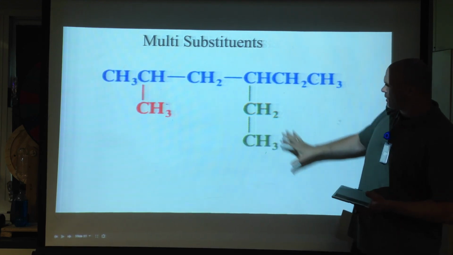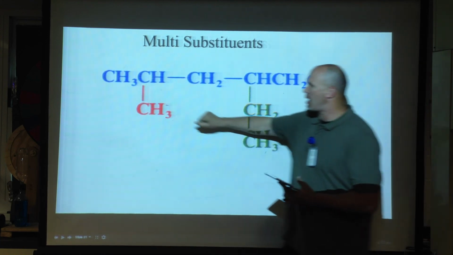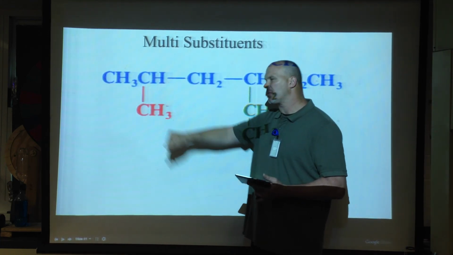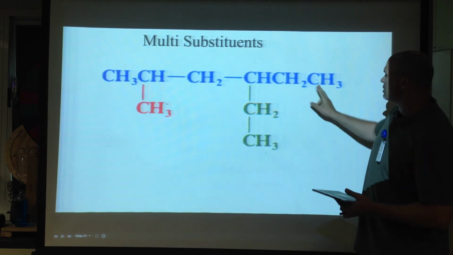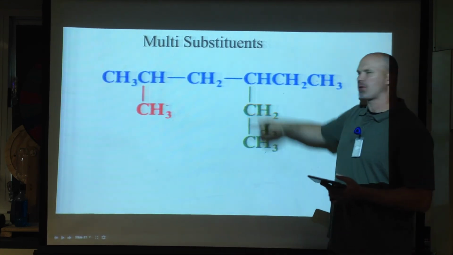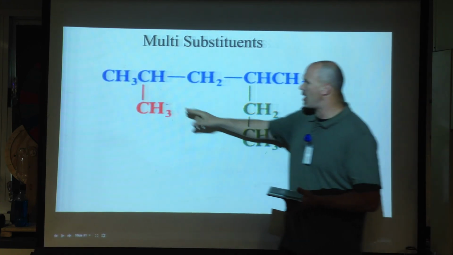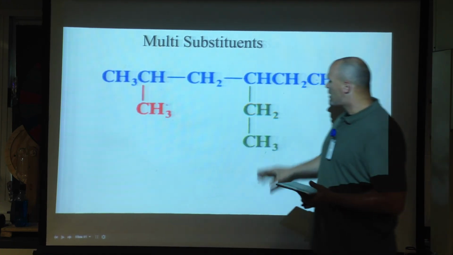And if you notice, I've got a 2-carbon group attached, which is called an ethyl, and a 1-carbon group called a methyl. And where are they attached? Are they attached to the 3rd and the 5th, or the 2nd and the 4th carbon? The 2nd and the 4th is the lowest number. So we have a methyl on the 2nd, and we have an ethyl